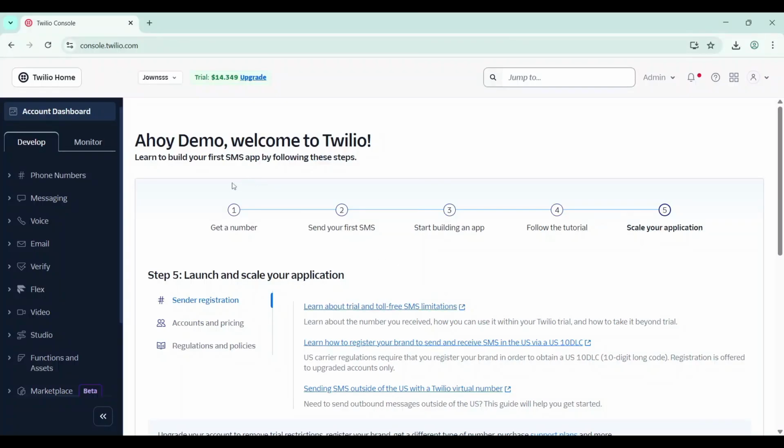I'm gonna show you how to get Twilio API Key credentials for N8N. So to get started, you have to open your Twilio account on the Twilio console, and then from there all you have to do is just scroll down and then sign in, go to account dashboard, and you have